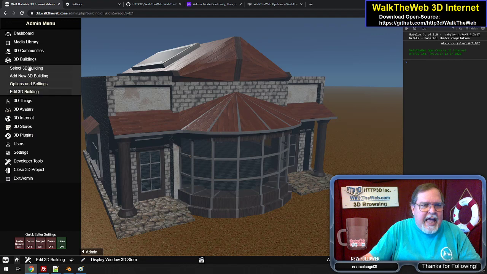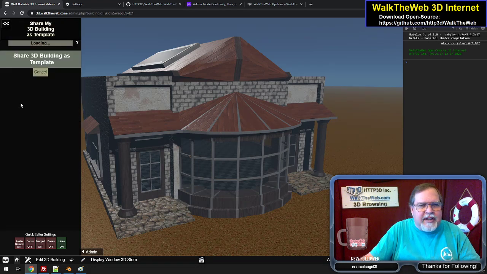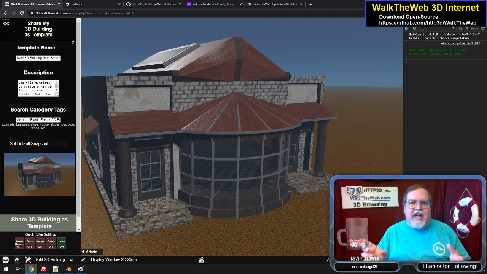Okay, done. And the final part in there is options and settings. We have share 3D building, which allows you to tell it what it is by name, put a description on here, set the tags of different things, features of the building, such as dual entrances, 2 doors, big bay window, big display window in the front of the store,